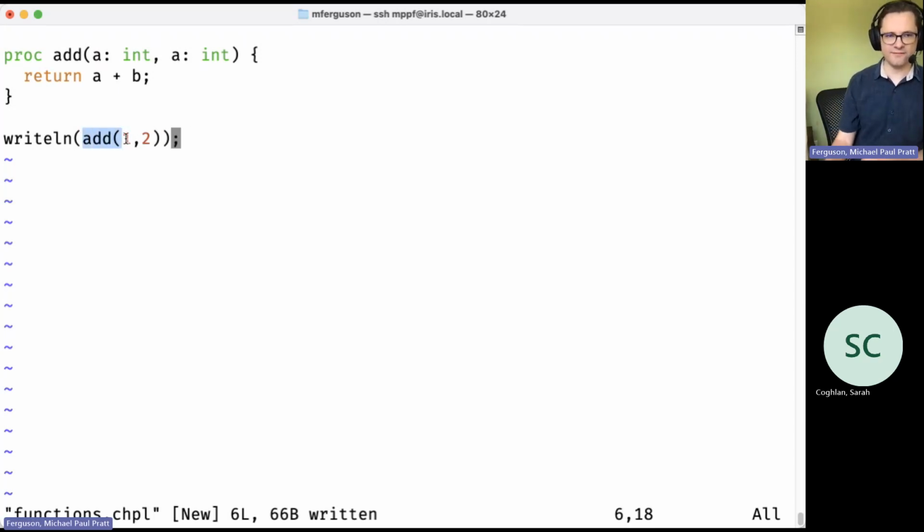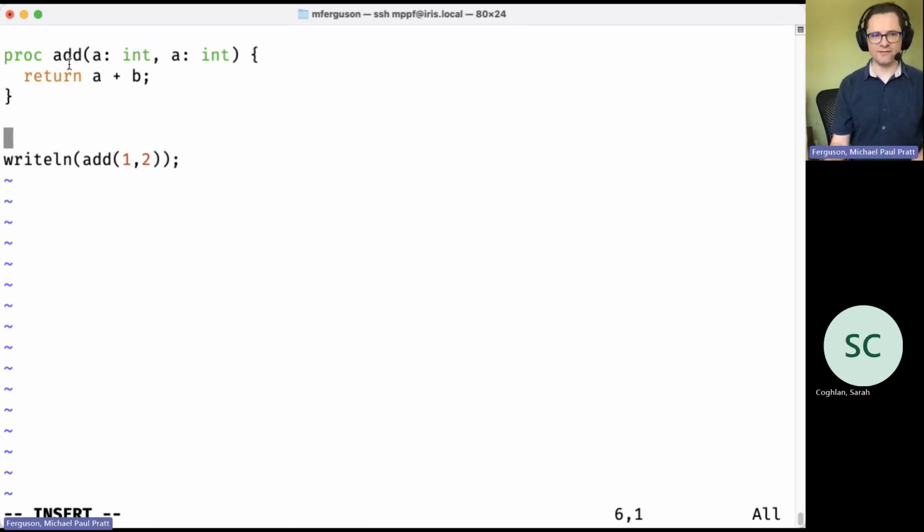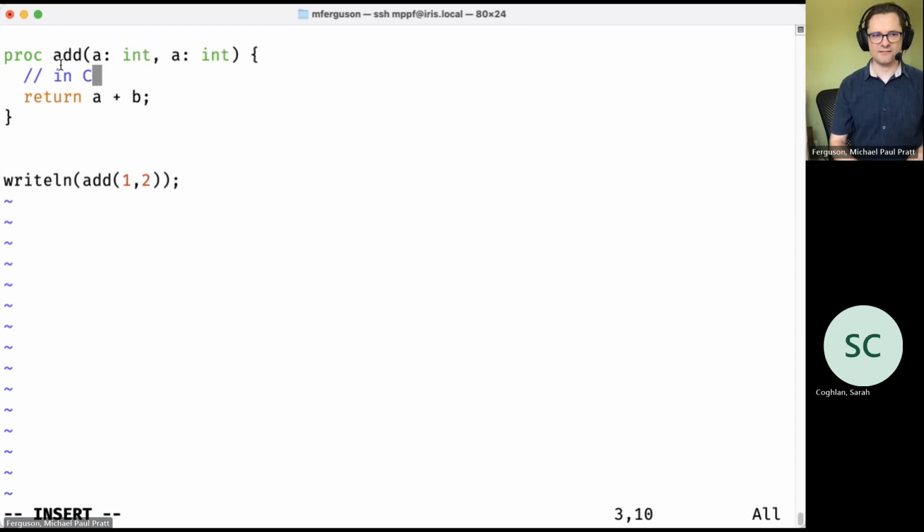So here's a call to our function. This is pretty similar notation to most languages. The main things to know about Chapel if you're coming from another language is functions start with proc. Types are specified after the variable or formal that they're talking about with a colon. Right? Whereas if I was writing this in C, this would be